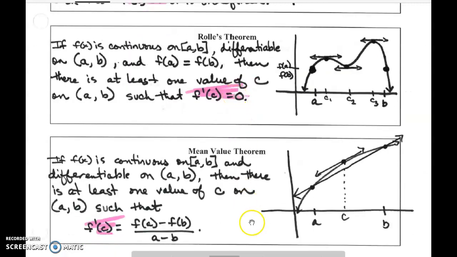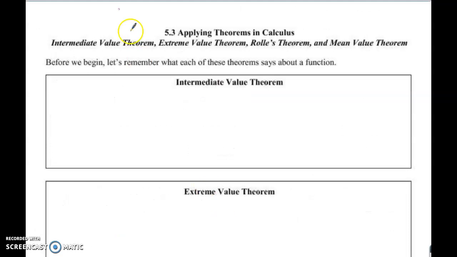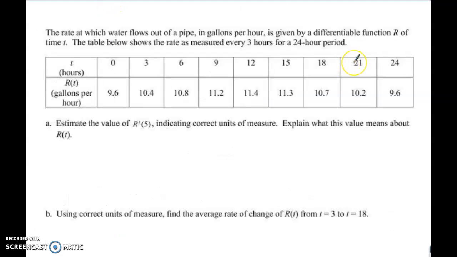So again, go ahead and pause the video if you haven't already. I'm going to go back to the notes and talk about these problems. Notice that they give you the rate at which water flows out of a pipe. So this is R of t, this is a rate. The table below shows the rate measured every 3 hours for a 24-hour period. Estimate the value of r prime of 5. Well, 5 is not a value in here, so I would look at values on either side, and it's clued in that you have to estimate. So r prime of 5